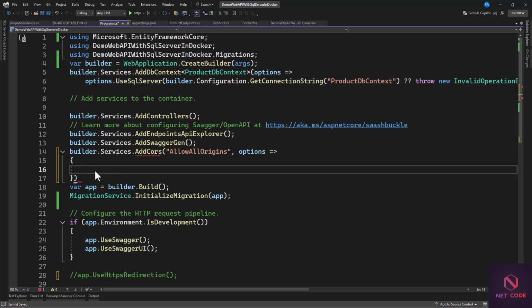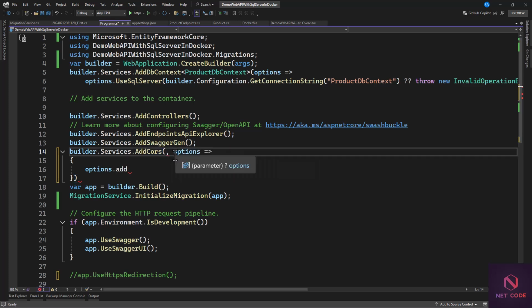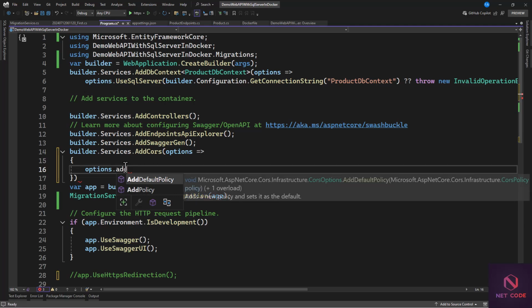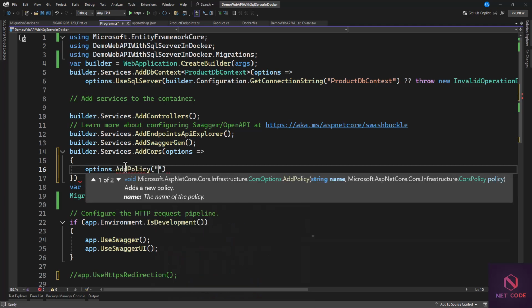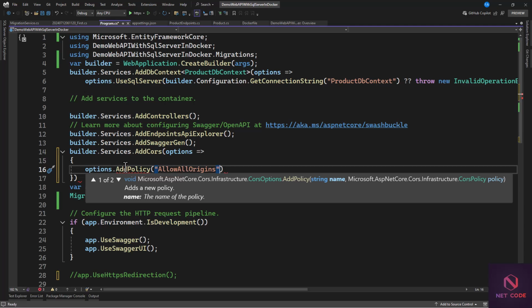So let's specify this. We can use option dot add policy. I know there's a mistake in here. Yes. So the name here shouldn't be at this end. It should be from the specific policy that you want to add. So this should be a policy name. Okay, so we can clear this off. And now that is where we're going to have access to this add policy. Now that's where we need to specify the policy name. And the policy name here,